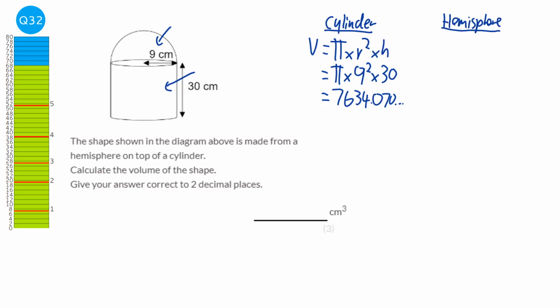To find the volume of the hemisphere, the volume of a sphere is 4/3 times pi times r cubed. But because it's a hemisphere, we just times that by 1/2. So it's 1/2 times 4/3 times pi times r, which is the radius, which is 9 cubed. And that gives us